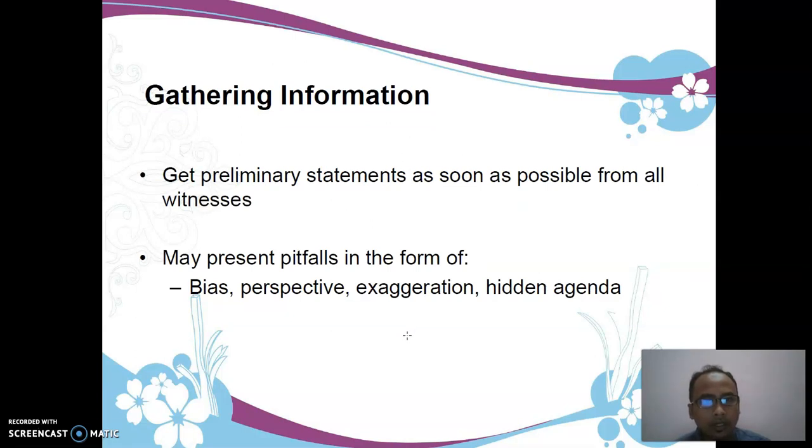In gathering information for the investigation, you need to get a preliminary statement as soon as possible from all the witnesses. Basically, the information gathered may present shortcomings or pitfalls in the form of bias, perspective, exaggeration, and hidden agenda, as said before. So you need to be very careful and have the ability to differentiate between the facts and the